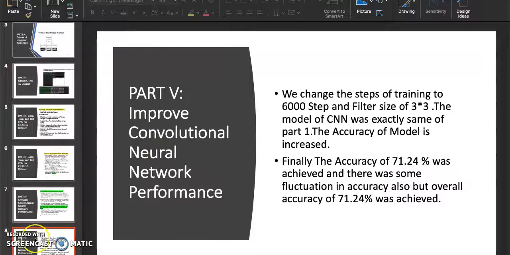So how did I improve it? I changed the training steps to 6000.